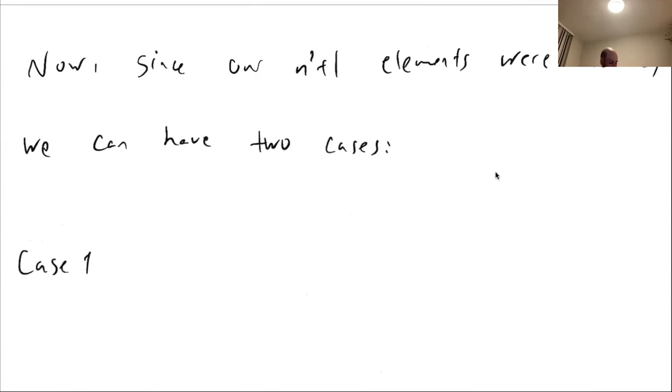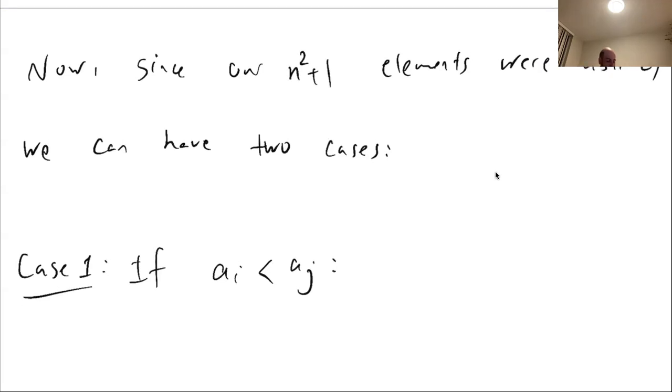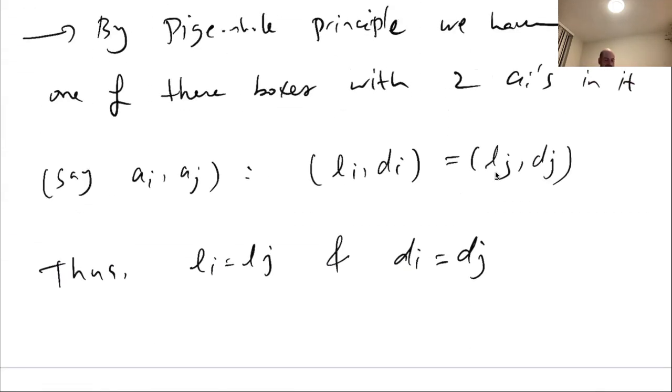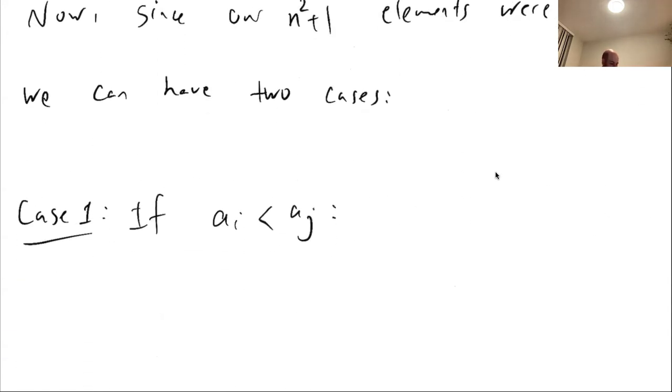Case 1, if a_i is less than a_j. So a_i cannot be equal to a_j. Remember, a_i and a_j are two of the elements from those n squared plus 1 distinct real numbers, but because they're distinct, they cannot be equal. So what are the possibilities? Either a_i is less than a_j or a_j is less than a_i. Now, if a_i is less than a_j,